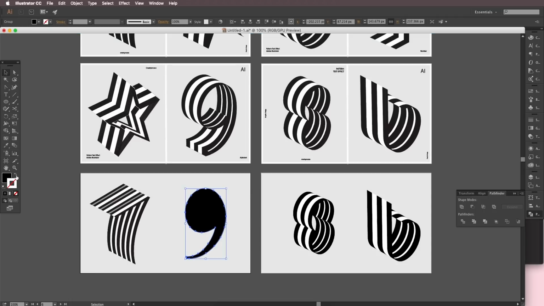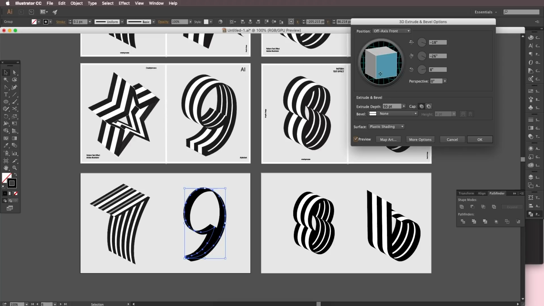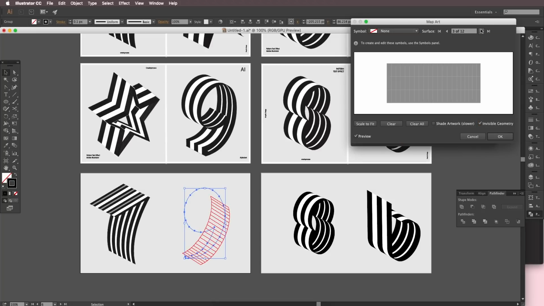So now I'll change it to a stroke color, something like that, and let's reduce the stroke thickness, so 0.1, and I'll go to Effect, 3D, Extrude & Bevel option, right, preview it. Let's rotate the angle of rotation and the extrude depth, just to give some interesting effect, right, and a little bit of angle. Now I'll go to Map Art, and okay, before this I want to show you one step